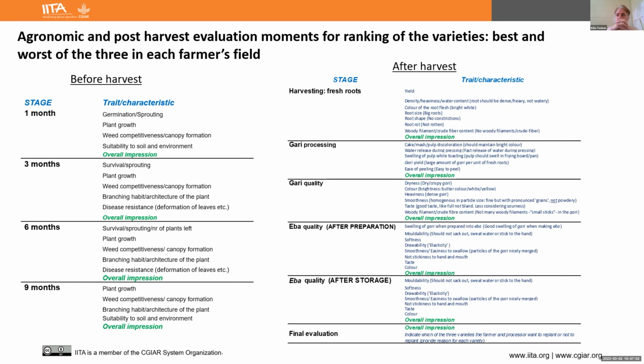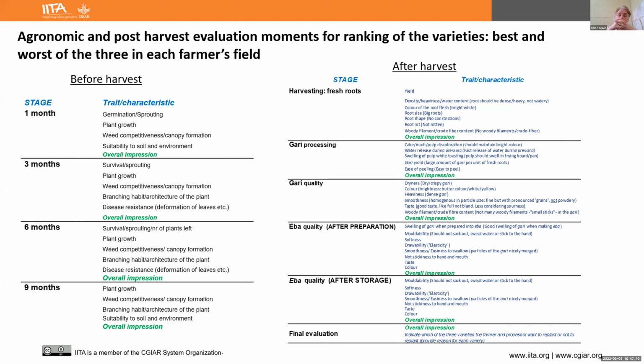If not, in the meantime, I can say that our data were used in the first product advancement meeting that we had, and based on that, a choice was made to put one variety into the candidate release set. Those were still taken to on-farm testing, about 10 farms per state in Nigeria, for evaluation. So this didn't replace the variety on-farm release trials.